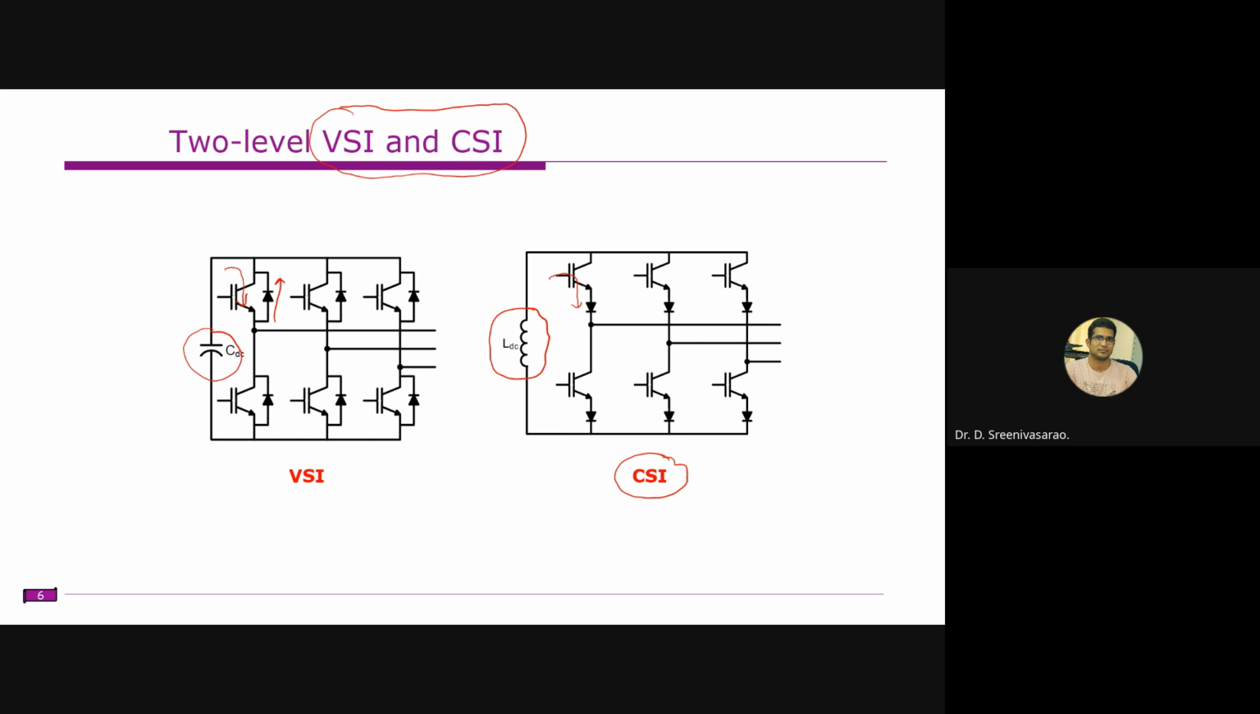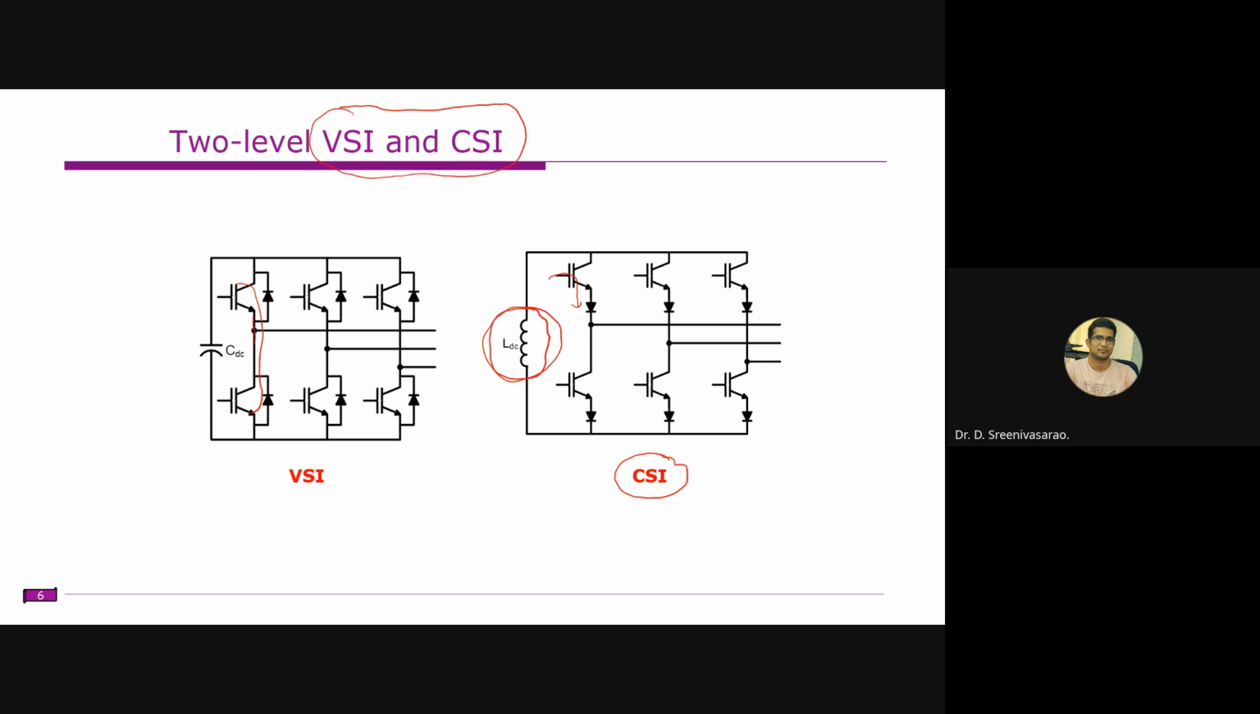the merits of the current source inverter, one is its short circuit protection. Even when it is short circuited, the maximum current is equal to the source current, right? Whereas here, if some short circuit occurs, the resistance is relatively low. That means we can expect that a huge current will flow through the devices, and that may lead to